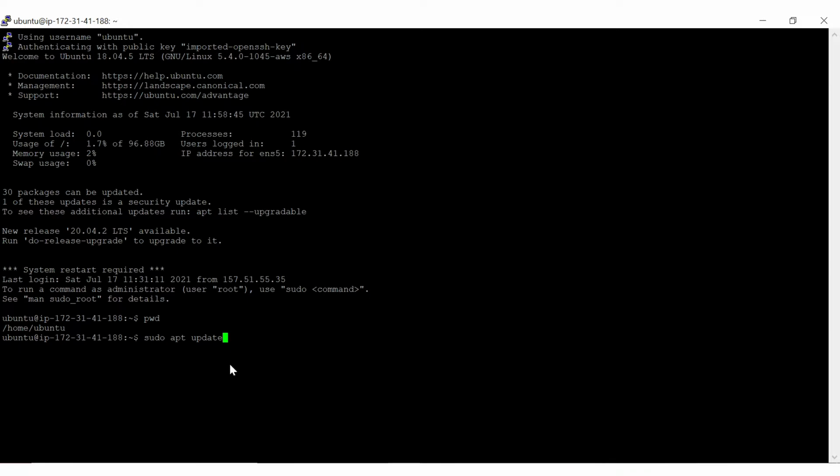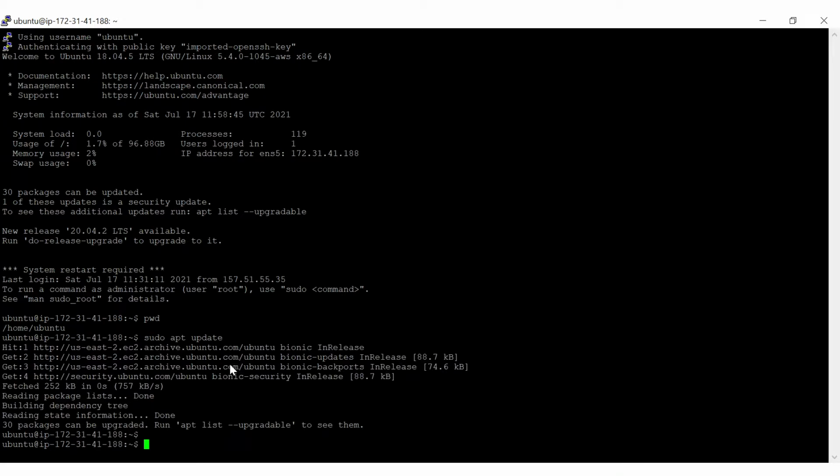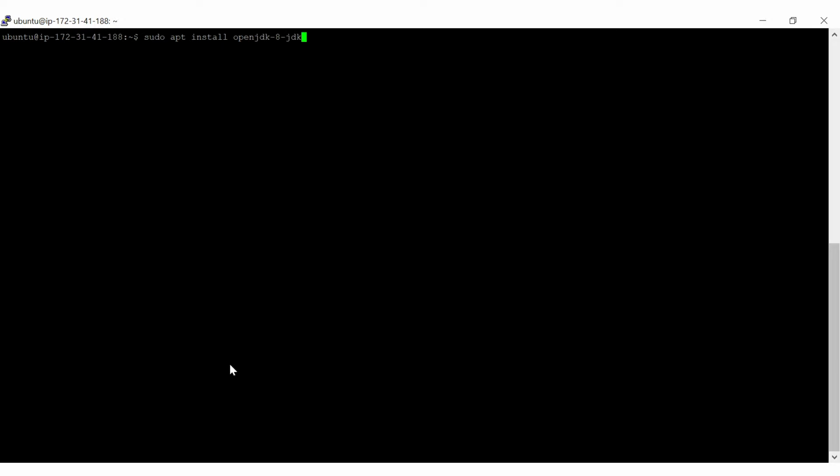For that I just do the update, sudo apt update, and it is already almost up to date. So I am going to run this command, sudo apt install openjdk-8-jdk. This is going to install OpenJDK 1.8.